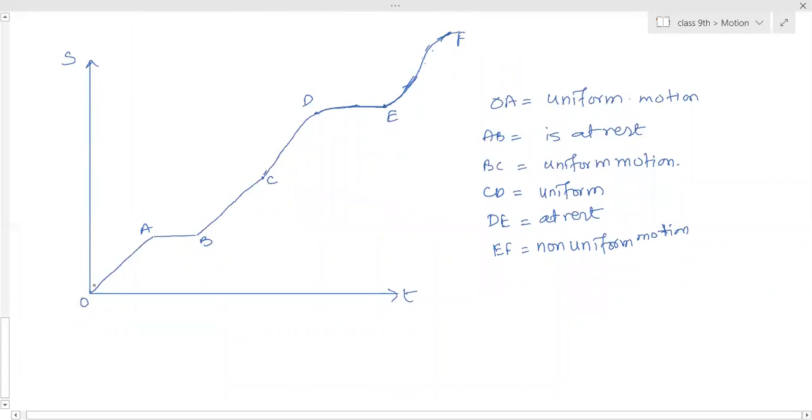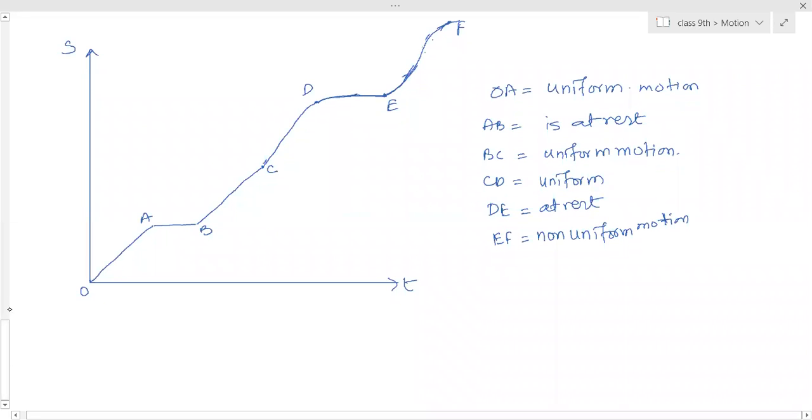That means the student has started riding a cycle with uniform motion from rest. After that, he stops for some duration. Then again, he has increased his speed and moved further, covering some distance. Again the speed has changed, but he is moving continuously. After that he stopped for some duration, and again he is moving, but not with uniform motion. Is it clear? Yes, ma'am.